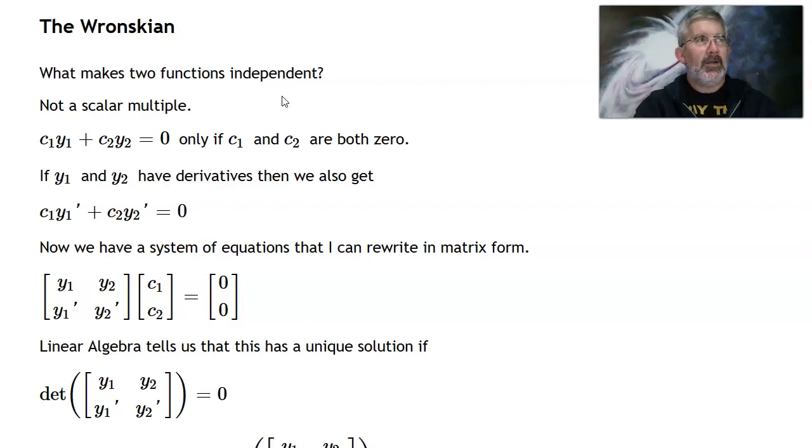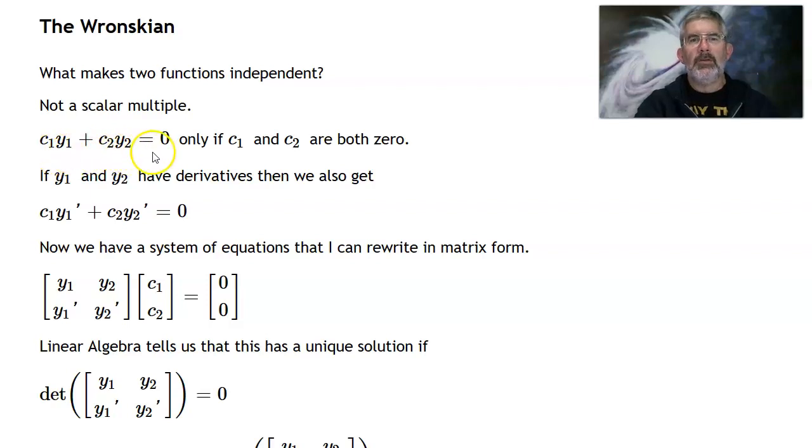Now that's simple enough to say for two vectors, or two functions. But when we get to 3 or 4 or more, which we will in the next chapter, we're going to need to have a broader definition of what it means to be independent. So I'm going to show you the linear algebra definition of what it means to be independent. It's right here. That two vectors, or in this case two functions, are linearly independent if the only way to